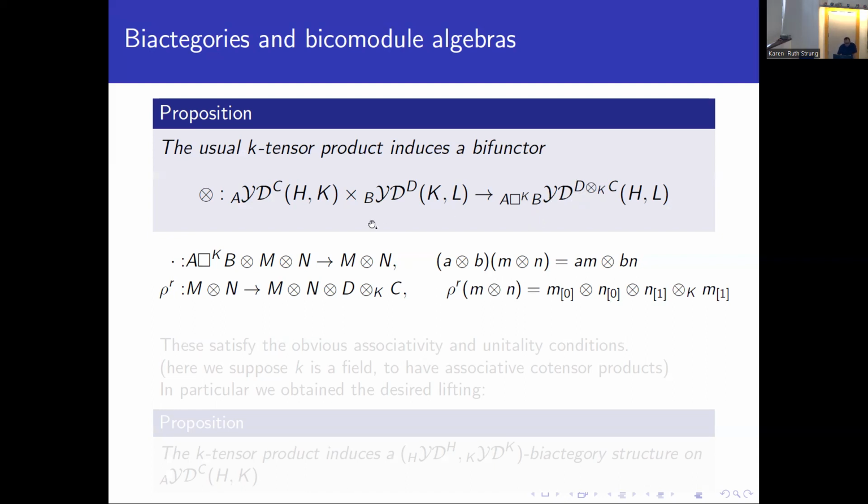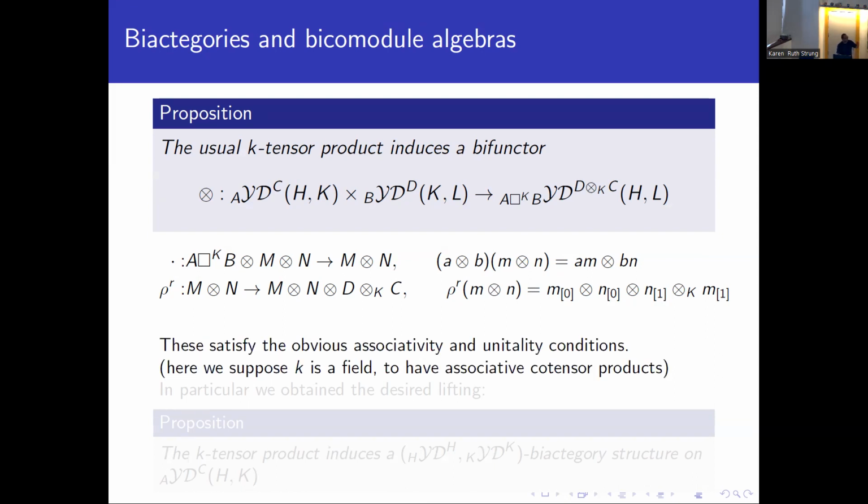And well, this is actually basic stuff. So this is the structure. If we have M in the first YD module and N in the second YD module, we could define M tensor N. But what is the action of A cotensor B on M tensor N? It's defined by the usual action, just the usual action. And the coaction is defined like, well, it's just the standard coaction as well. And you can check that with this action and coaction, M tensor N will be a YD module in this bigger category.